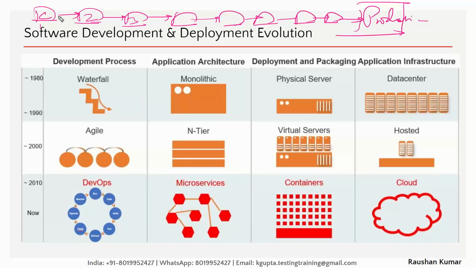DevOps took care of this very issue. Why can't we automate this process using CI/CD, right? And that is what DevOps is. So we did not change the way we develop. It's still agile in DevOps, but